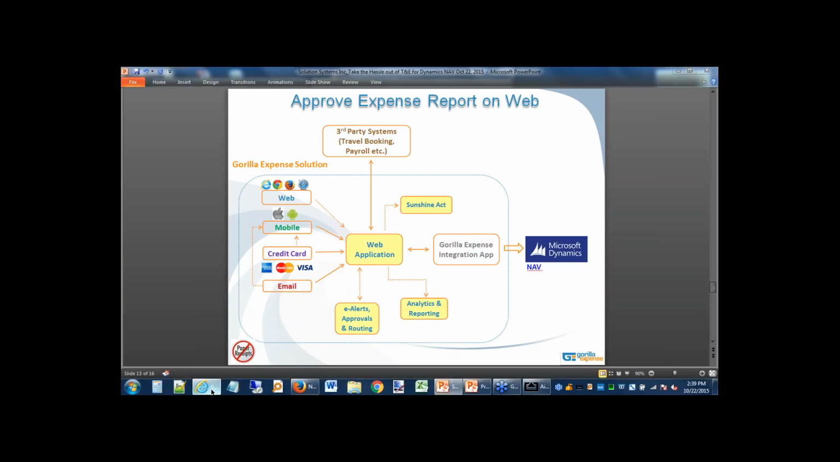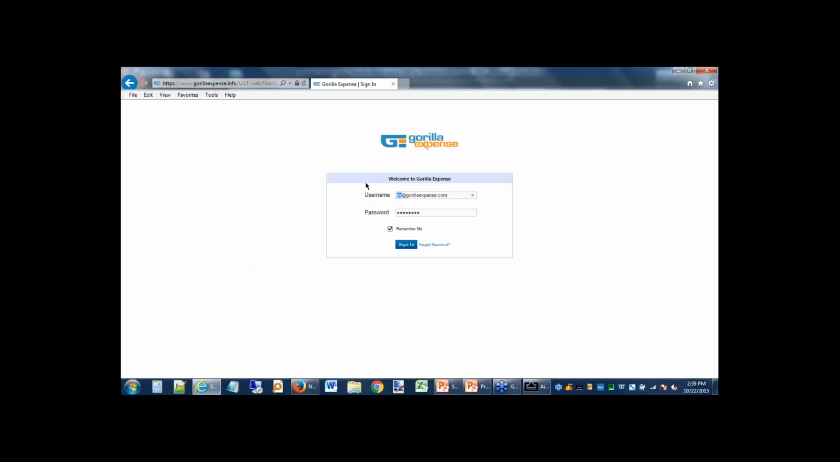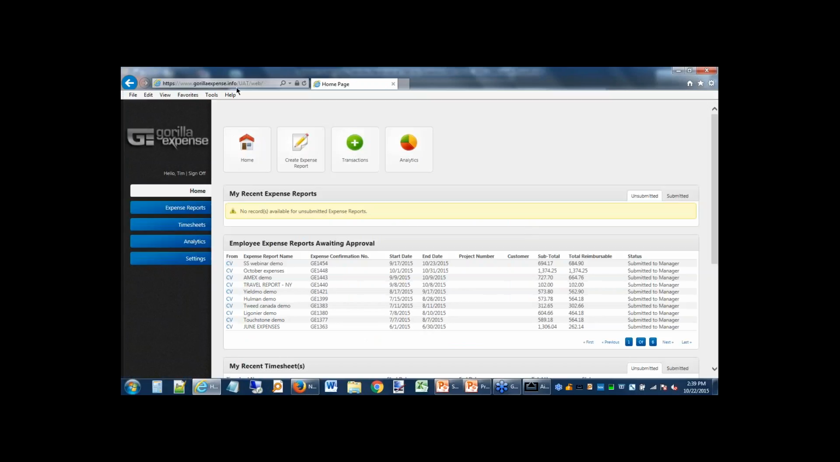So I'm going to log in as Tim, who is my approving manager. Now, the web application is obviously a fixed URL that you would go to. It's the same username and password for the mobile and the web. And then once you log into the application, you're presented with the dashboard. You have the key functions at the top, and then the expense section itself is broken up into 2 subsections: